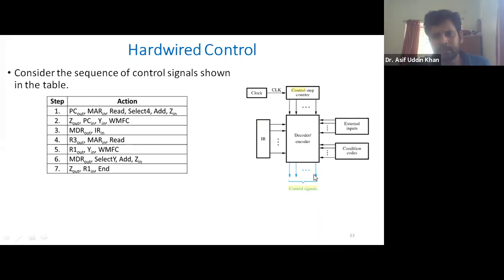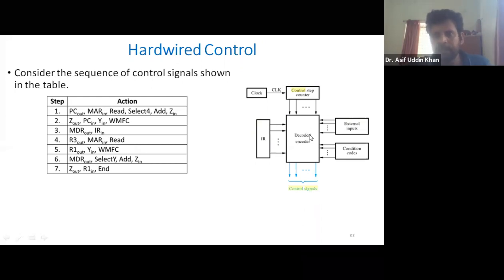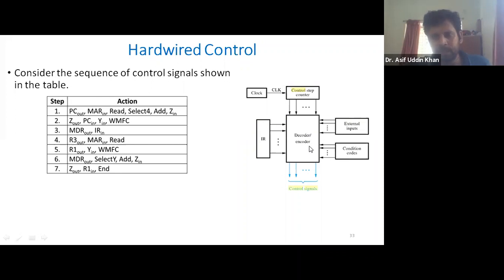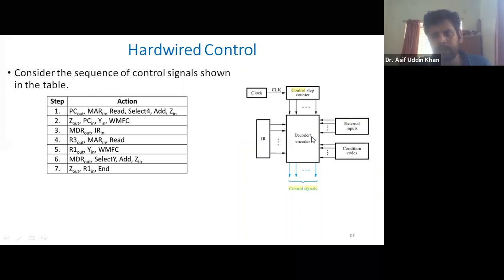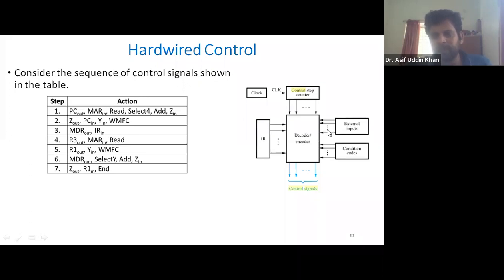First of all, the instruction is taken from the instruction register, that is decoded, and the decoded instruction is again encoded by using this encoder. It also uses external inputs like the memory function completed signal, and some condition codes like register status, R1 in, R1 out.